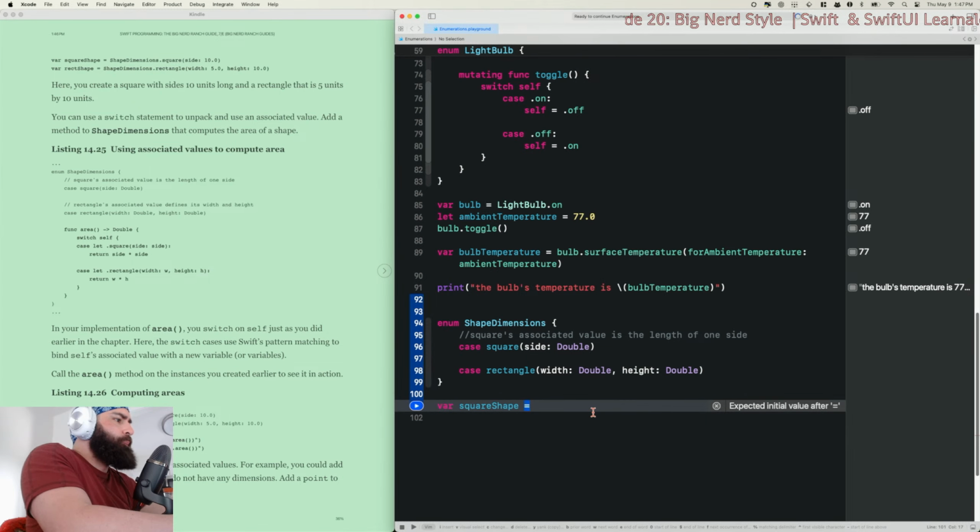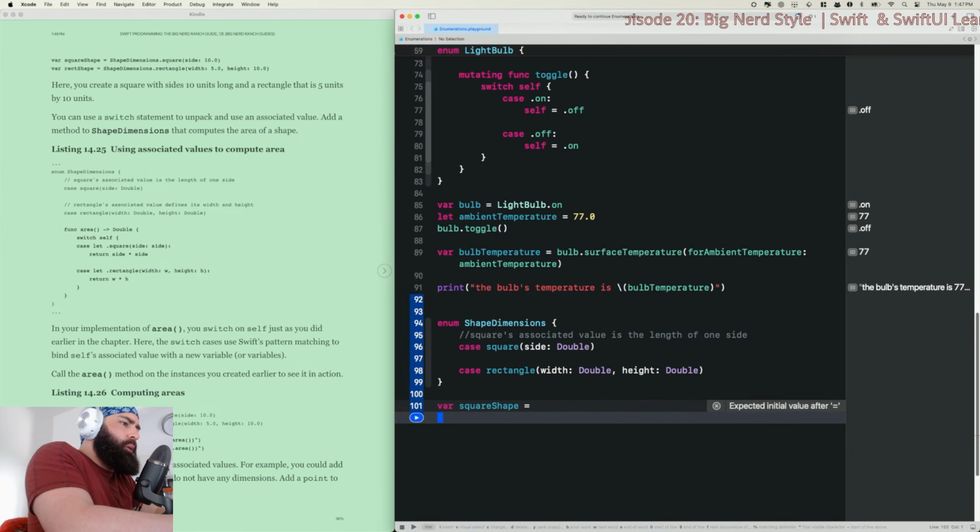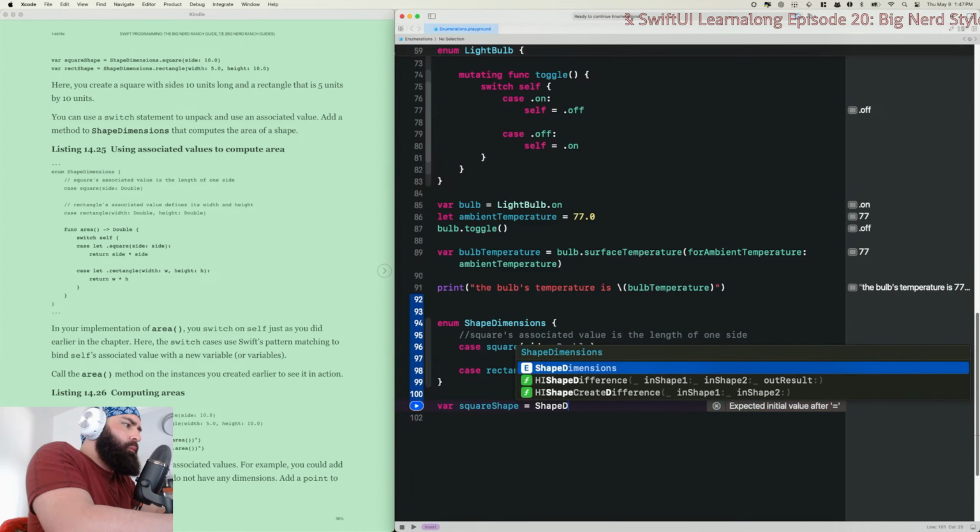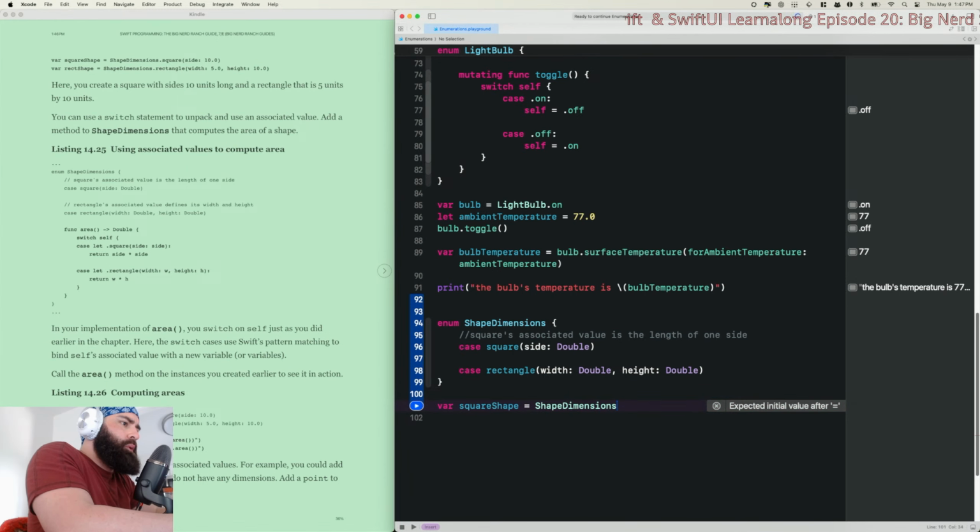Okay, so then var square shape. Shape dimensions, square side. So we pass it a value of 10 for the side. Var rectangle shape.